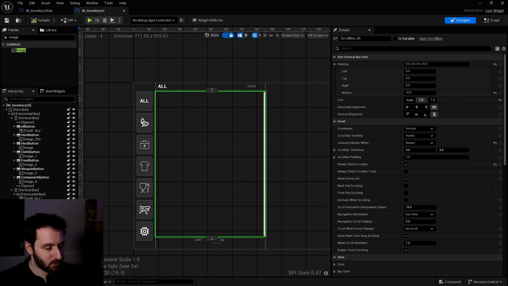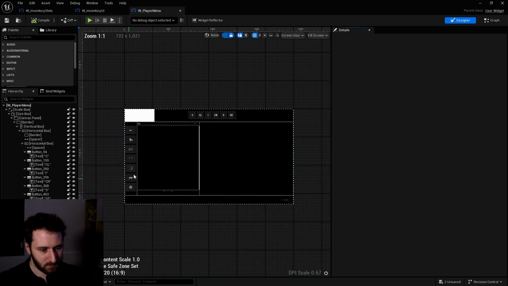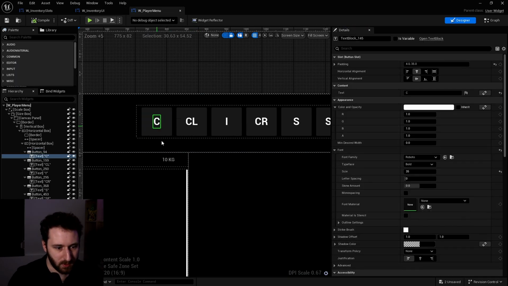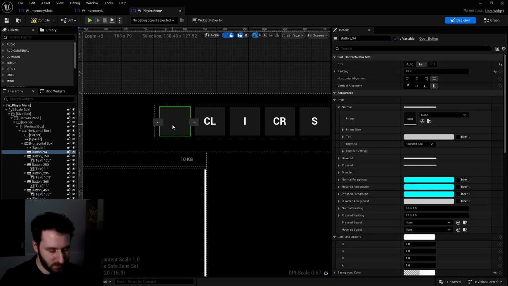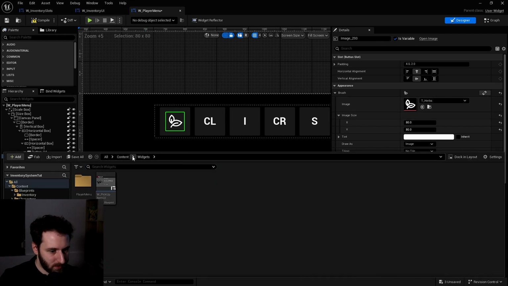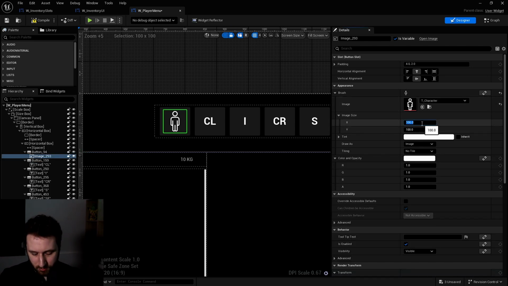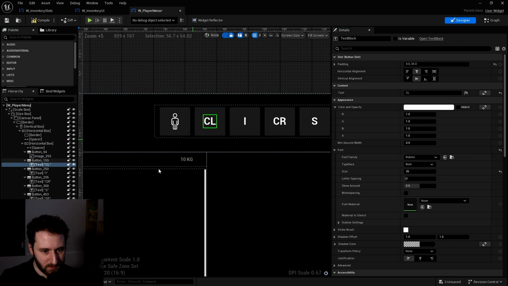We also have the icon for the player menu. So let's add that. In here, player menu. In here, we have the icon. So let's remove this and we can paste because we saved our image from the previous UI. So you can copy and paste. In here will be the character. So let's go into the icon character. 100 is maybe too much. Let's go with 80 by 80.